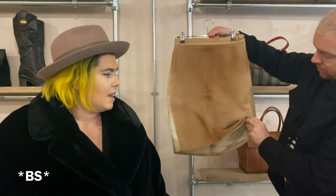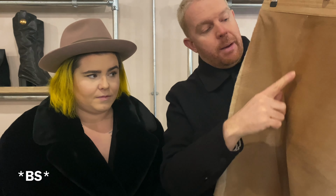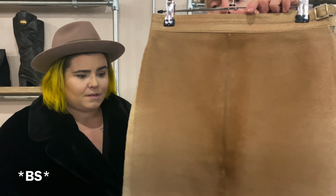This is hair calf or pony skin, whatever you want to call it. It's where the hair is left on the piece of leather. When we first started, it was like, oh, is that marked? This actually, it sounds terrible, but that's actually the kind of...